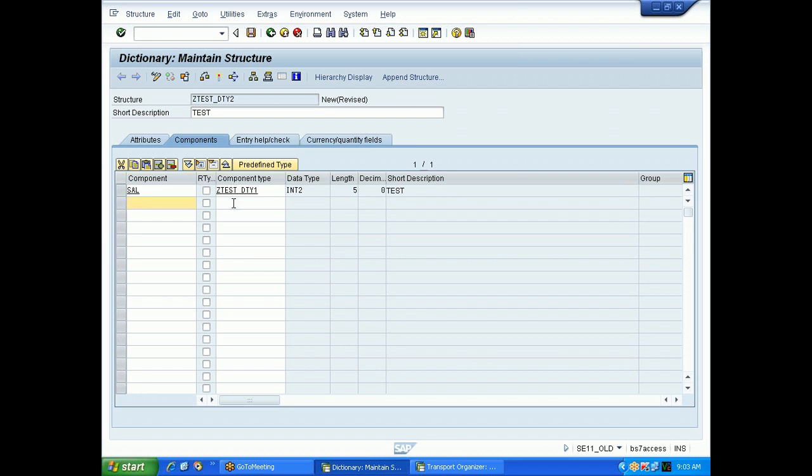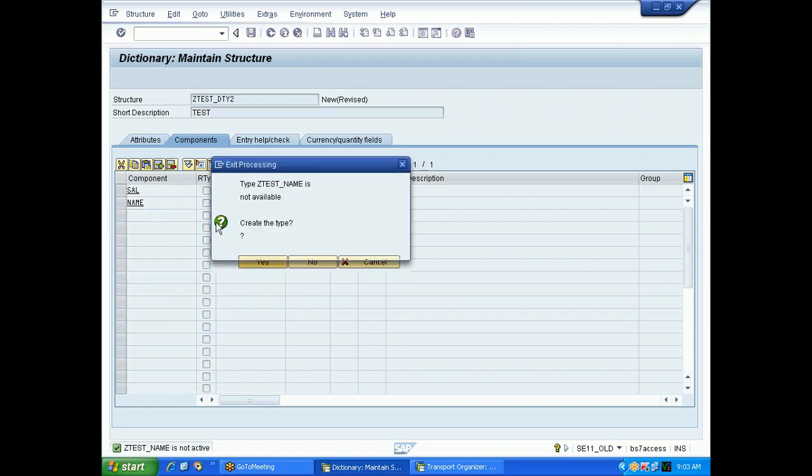You can create a data element by double clicking, just like in a table.